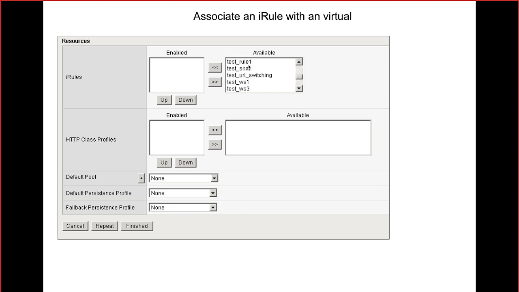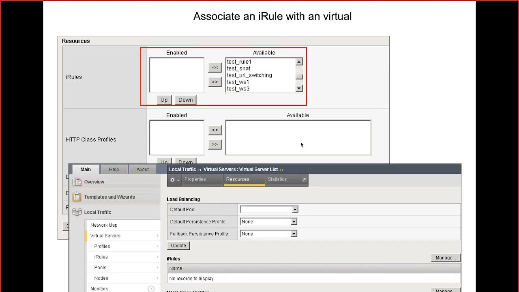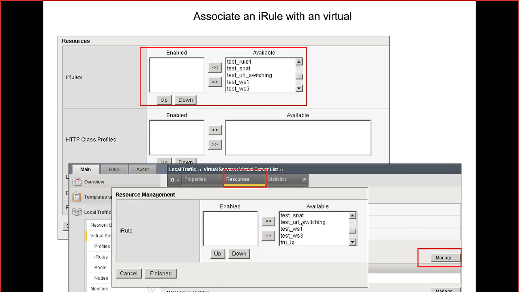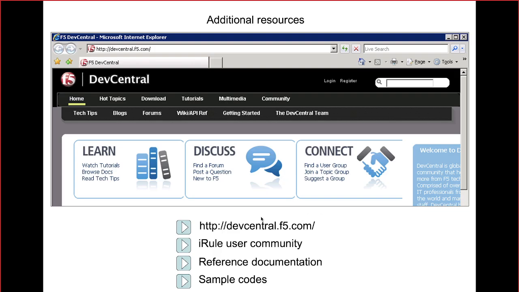You have to go to the virtual server, identify the rules that have been created, and map those rules. Please be sure that the rules are placed in the correct order, because they're going to be processed in a sequential way only. Right, so this is how you will do it. If the pool is going to be chosen, this is where you take the help of it, manage, and then associate the iRules. That's it.